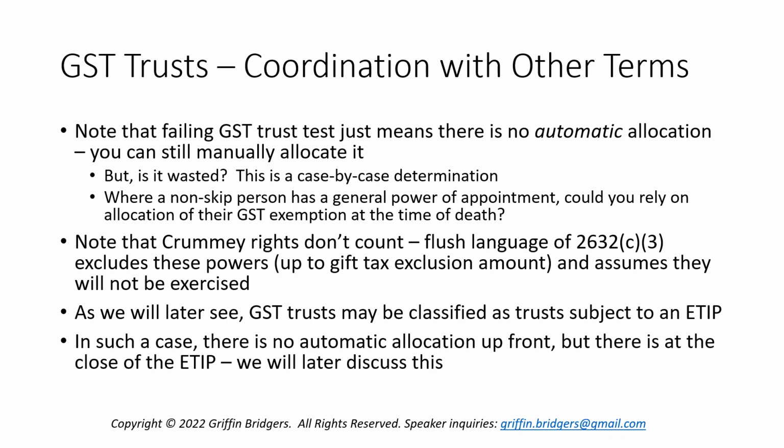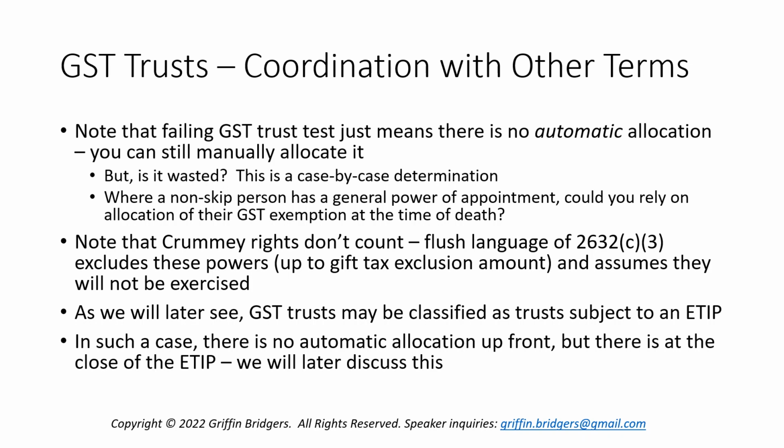So, I want to remind you again that failing the GST trust test here by having any of these characteristics just means there's no automatic allocation of GST exemption of the transferor to that transfer. You can still manually allocate it, but the question is, is the GST exemption wasted if you do that? That's more of a case-by-case determination for you as the planner or tax preparer or whatever the case,